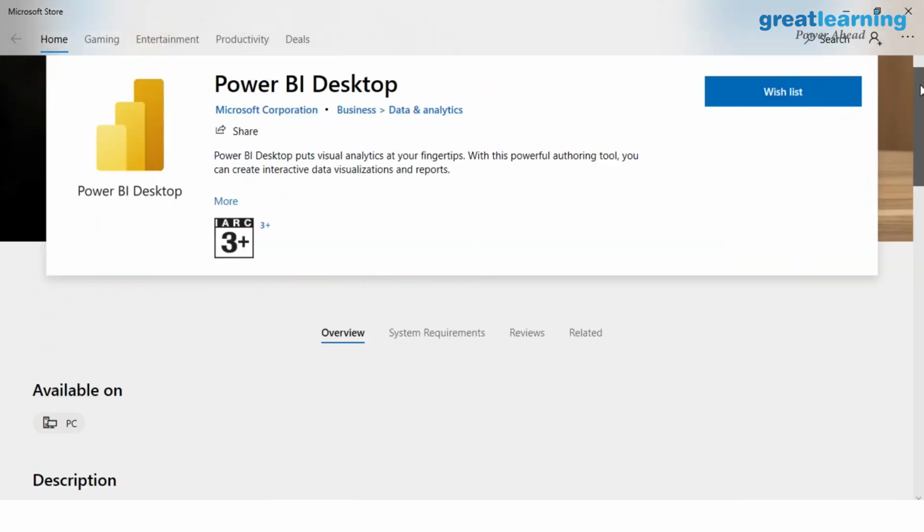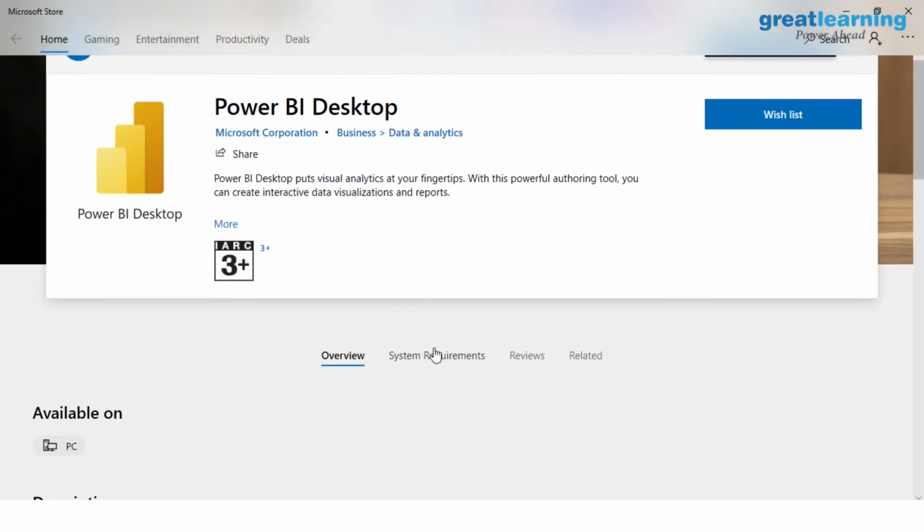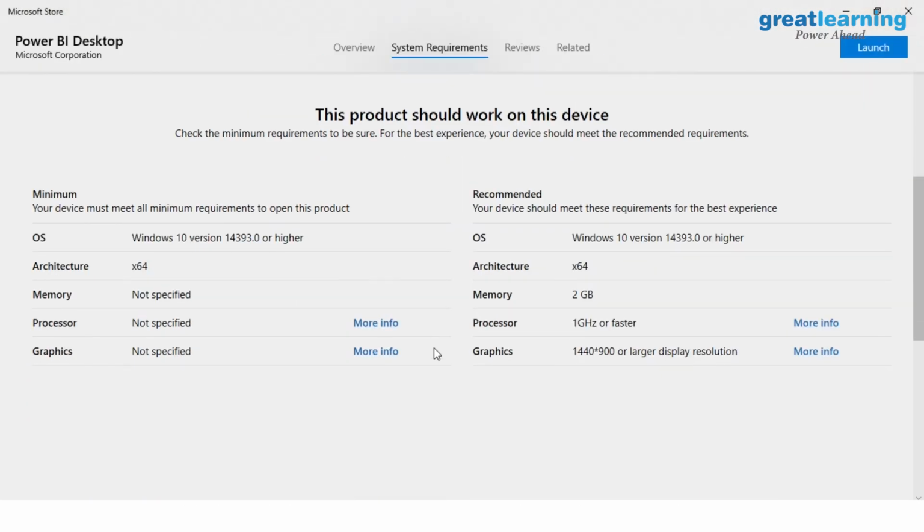I don't think there are any major system requirements. It's a very basic desktop tool. These are the requirements it has. You need like 2 GB of memory, which is very low. So you can download a Power BI version for that. Once you do that, it's just a click and launch kind of action. Just continue clicking until it asks you to click on finish, and once you do that, you'll have Power BI installed on your system. As simple as that. So make sure you do that.